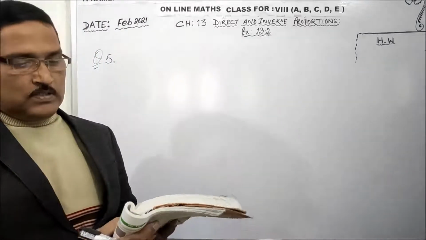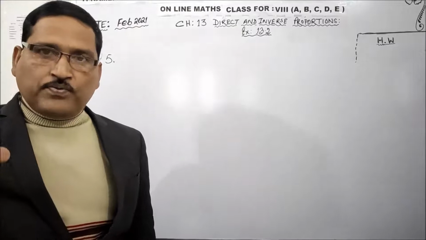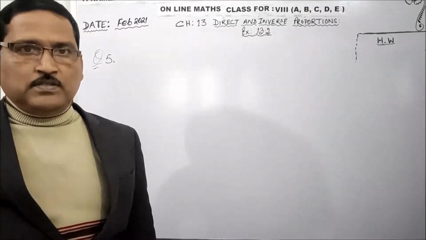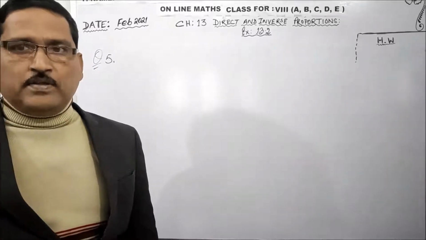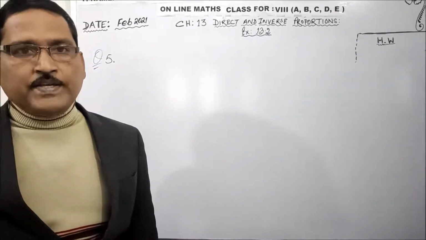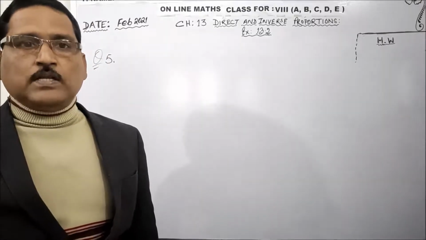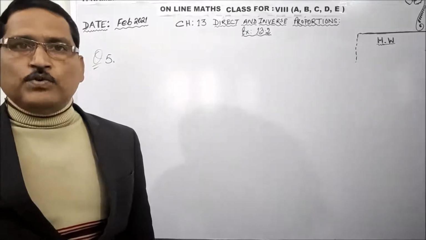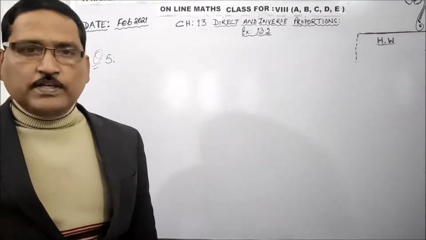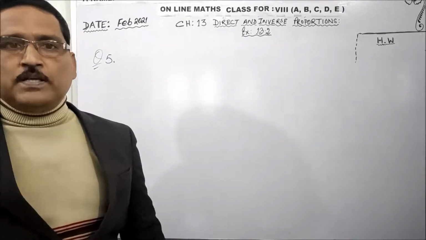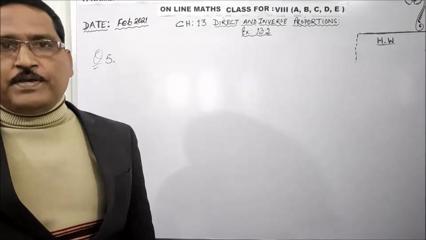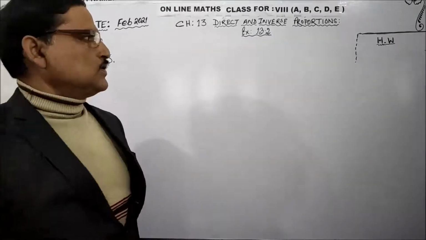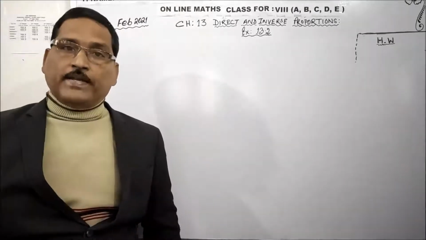Will it last for still 6 days? The amount of food is fixed: 20 animals, 6 days. Now I am telling you the second phase. If I add 10 more animals, the animal number will be 30. If 30 animals are there, will it last for 6 days? No, it will reduce. Because the food is fixed, if suddenly other animals come, the food will be divided equally from the store. So in these situations, they vary inversely.